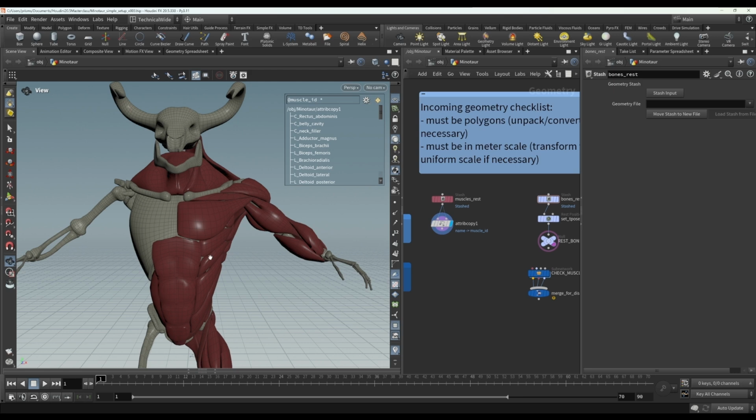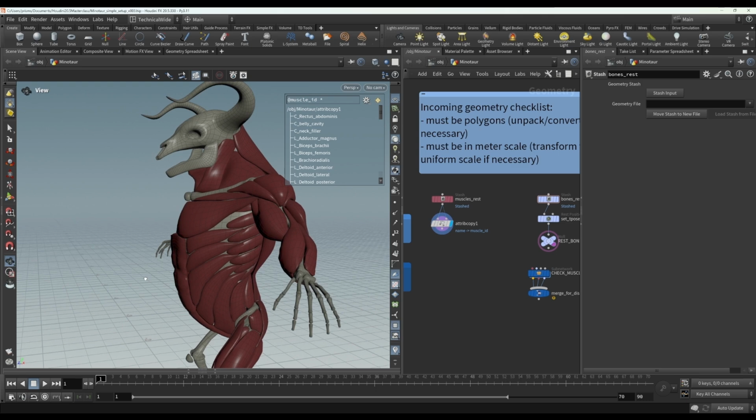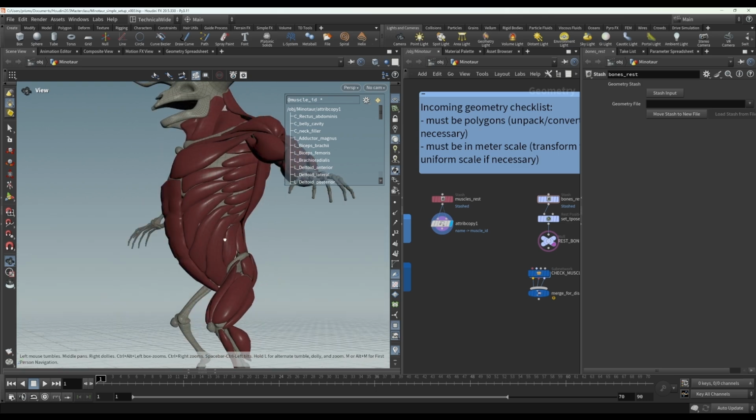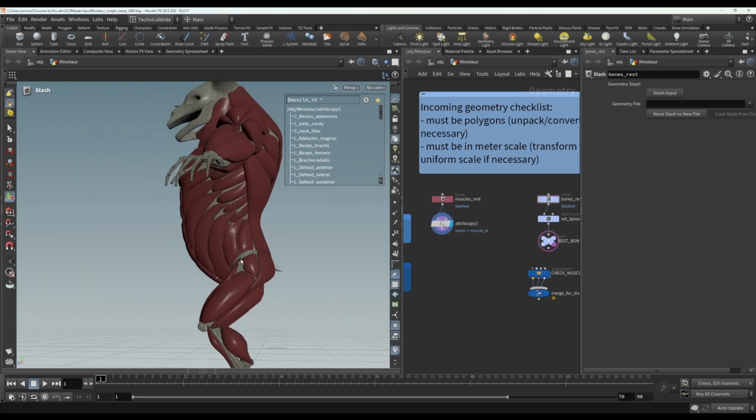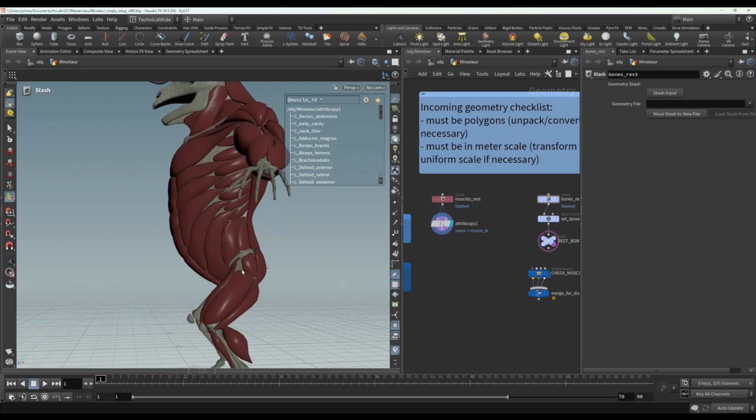Another thing to look out for is if you have a quadruped, for instance, so it's a bit hard to show it here, but a quadruped will typically have in a rest position, the back leg will be quite close to the abdomen. And if you have the leg muscles penetrating the muscles of the abdomen, then as that leg swings backwards, you can have stretching and pulling of the muscles if they're penetrating. So those are some of the reasons why we want to do a check to make sure that our muscles